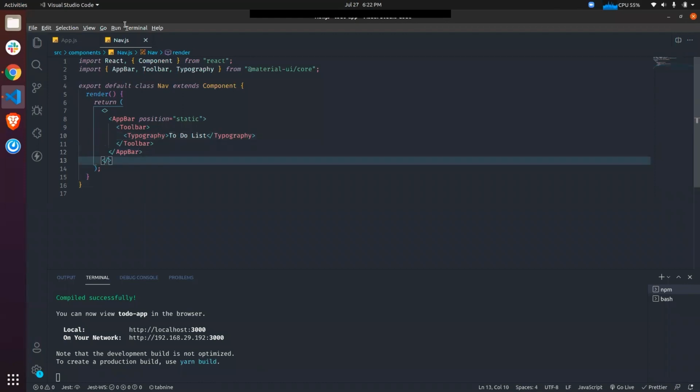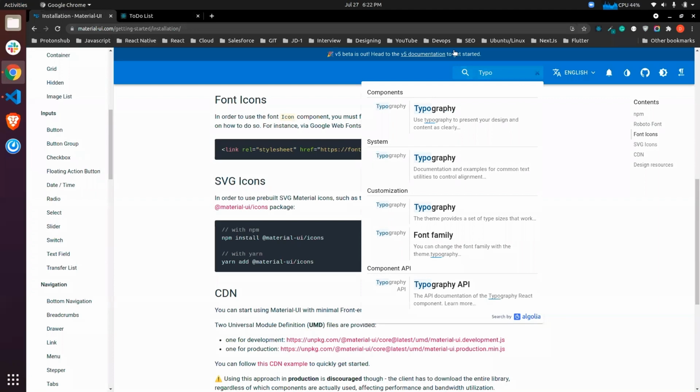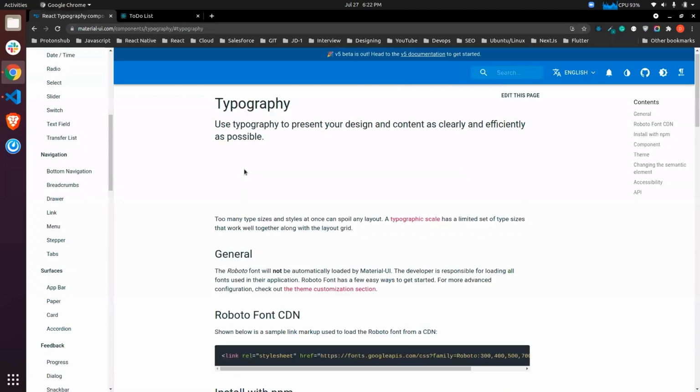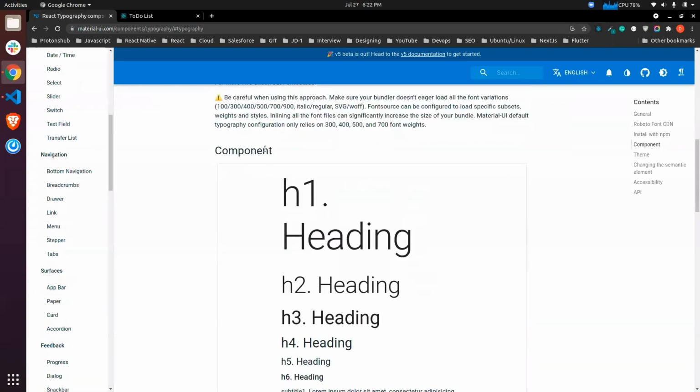If you go to the Typography documentation, let's say Typography. Use typography to present your design and content as clearly and efficiently as possible. So we have a component called Typography, and we have some variants like this.